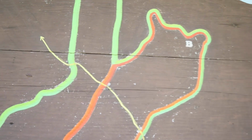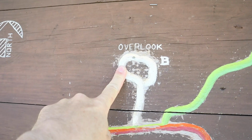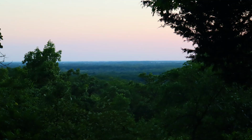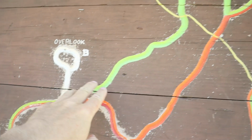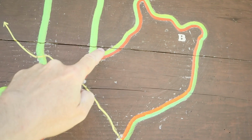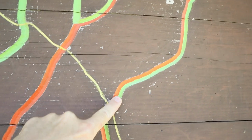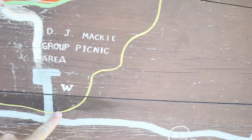So I walked last night out to the overlook, and I tell you, there isn't much to see. There's a little tiny spot with a little vista cut where you can see off into a valley, but not much. It's still all wooded. And I came back up through here and hopped into my campsite right there. And this morning I took off and came around. I just finished walking